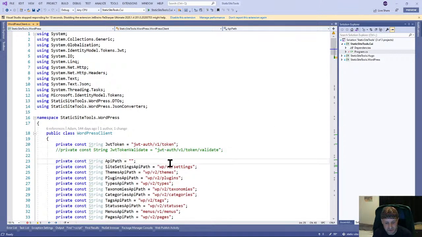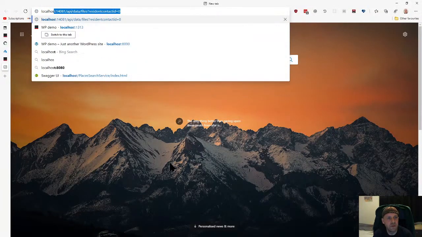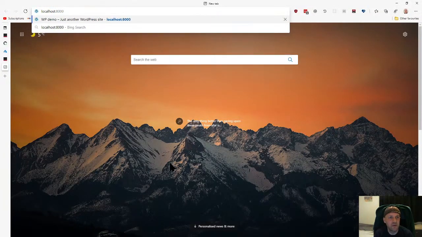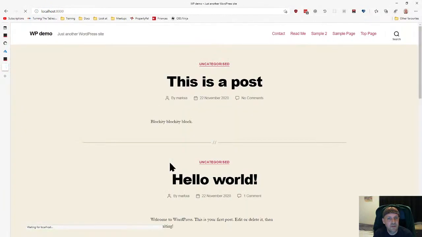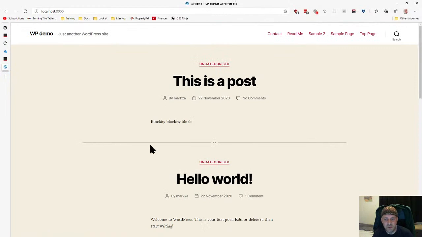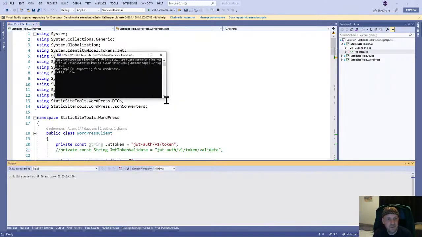So what I've actually got back in here, if we're very lucky, by the power of Docker, I should have a local WordPress site running here with a few dummy posts in it. So if I go back here and run this,